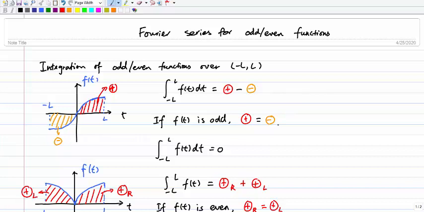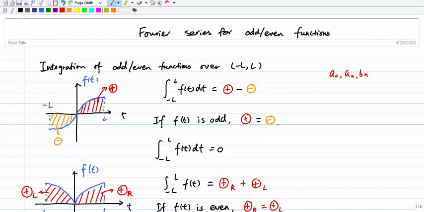In this video, I'm going to talk about a Fourier series for even and odd functions. Before talking about the Fourier series of even and odd functions, I'm going to talk about the integration of an even and odd function over the interval from negative L to positive L. The reason is that the integration of even and odd functions can appear in the computation of A0, An, and